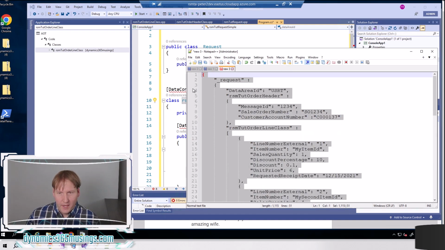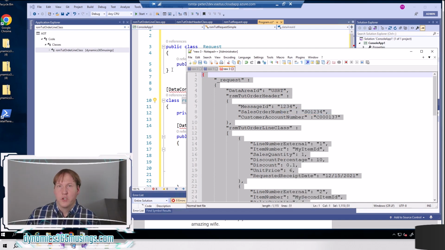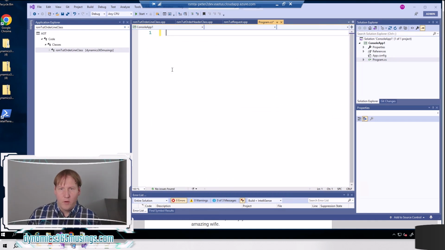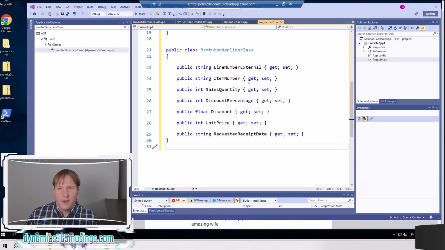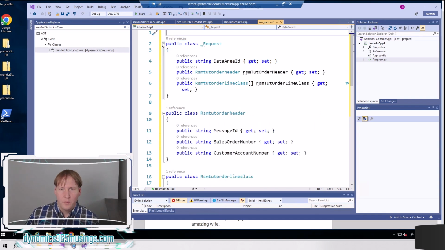But if I copy this into my clipboard by right-clicking, copy, or pushing Control-C, then I can come back here. I'm going to go ahead and delete out everything from this class just so we can do this again. I can then say Edit, paste special, paste JSON as classes, and voila, it has read in that data and it's created the classes we need. We really don't need this root object, so I'll get rid of it,